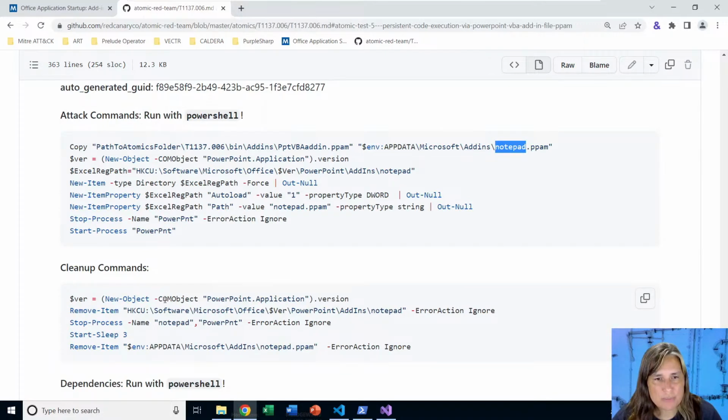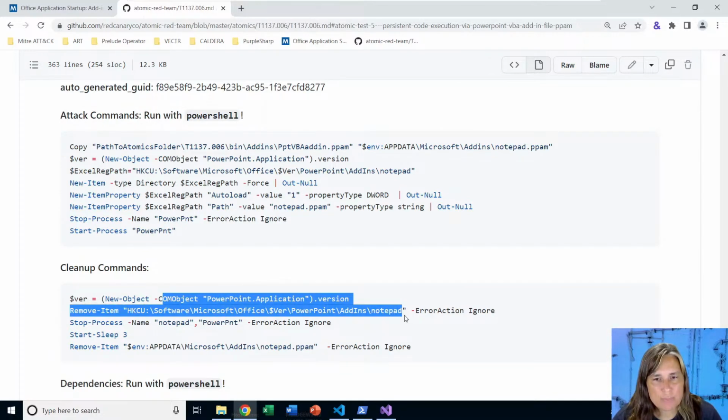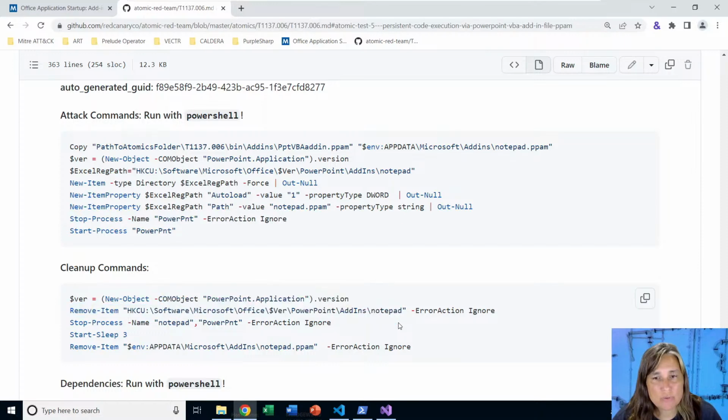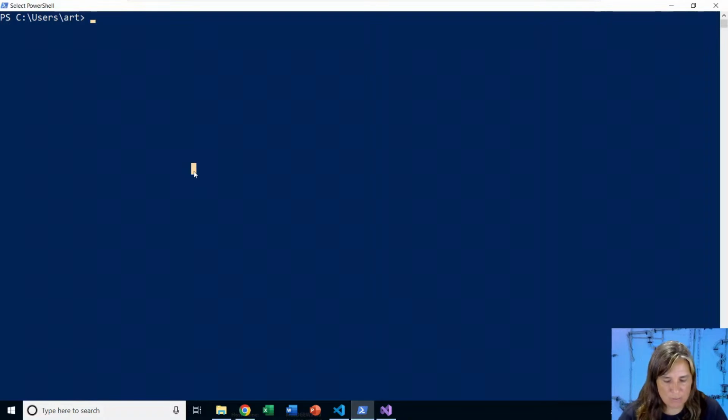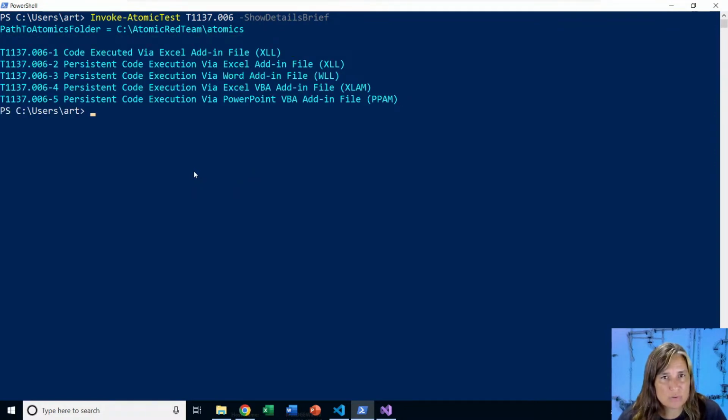We also have some cleanup commands that remove that Notepad PPAM file and also erase the registry key. So let's go over to PowerShell. I have the Atomic Red Team library installed and also the execution framework that gives us this command, Invoke-AtomicTest. And then we just feed it the technique number, T1137.006, and then to start we could have it list the names of the tests that apply to our Windows